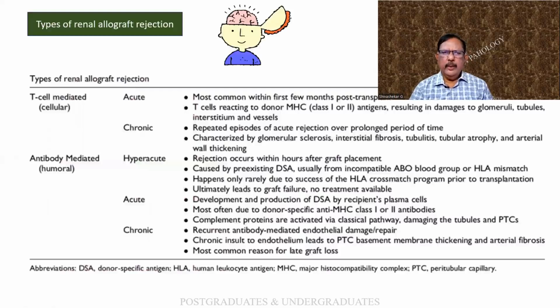This is a very, very, very important slide. Forget all the other things. Kindly memorize this. So, types of allograft rejection. It can be T cell mediated or it can be antibody mediated. It can be acute, it can be chronic. Again, antibody, it can be hyperacute, acute, or chronic. And what are all the various things? The date of occurrence, whether the major histocompatibility complex is involved, what are the damage to the various structures of the glomeruli, interstitial blood vessels, etc. Chronic, it happens after repeated episodes. There can be sclerosis, fibrosis, etc. The entire thing is again given. It is more or less a summary of it.